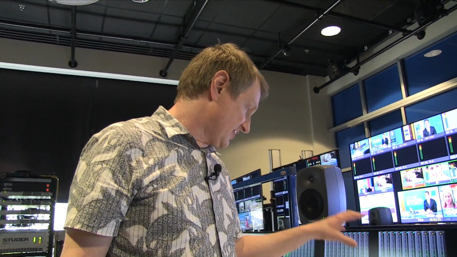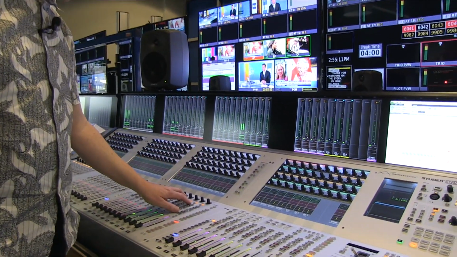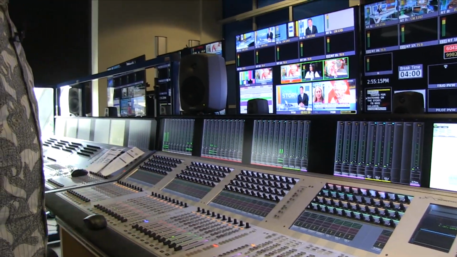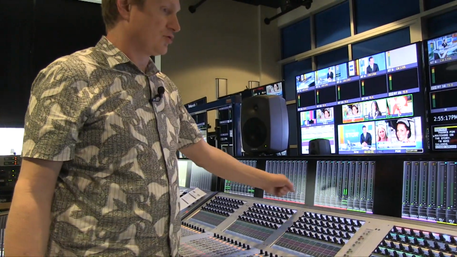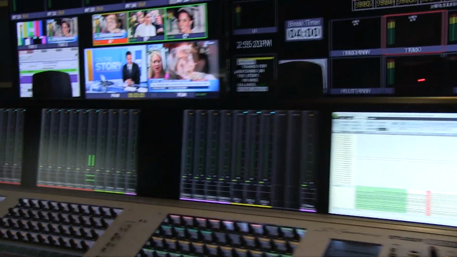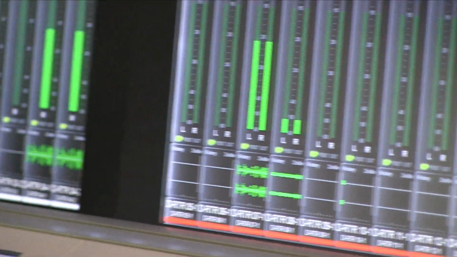One of them runs your Vistonics panels and the faders and switches and knobs and does the graphics for that. And the other one is exclusively dedicated to drawing lots and lots of bar graphs on the meter bridge. Each of those is backed up by another pair that does the same thing. So